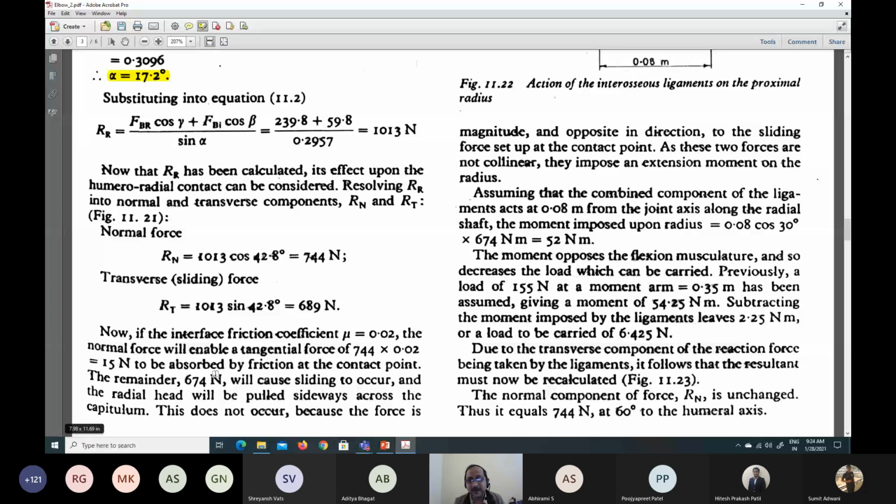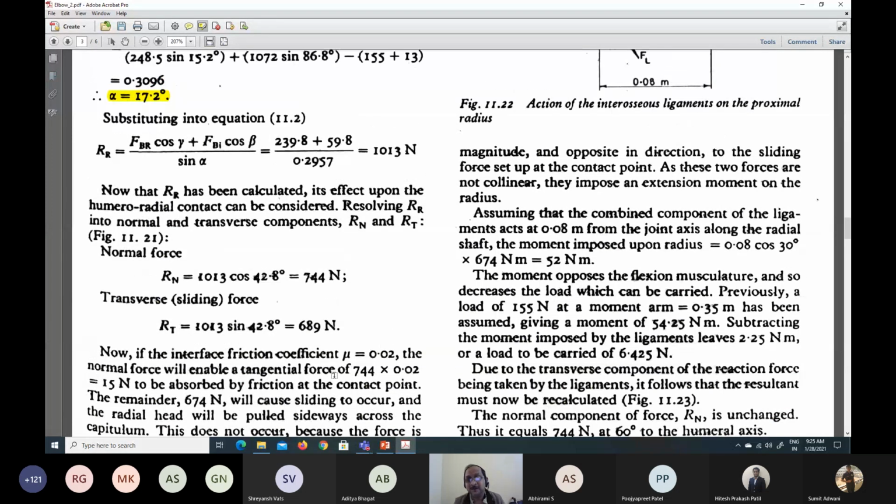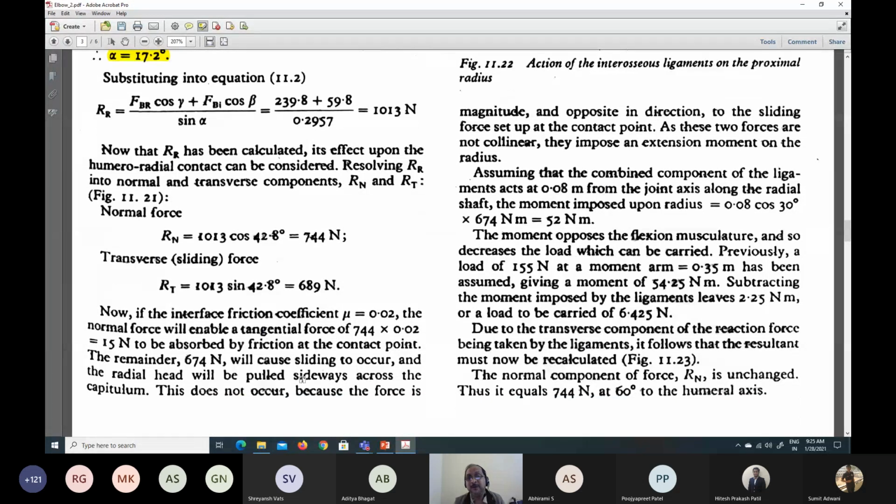So if we subtract this 15 newtons from 689, we are left with 674. And this 674 is the remaining force that may cause the radial head to slide sidewise